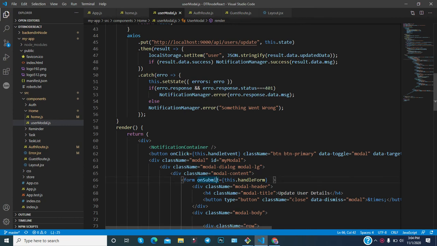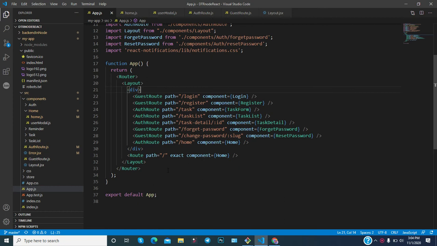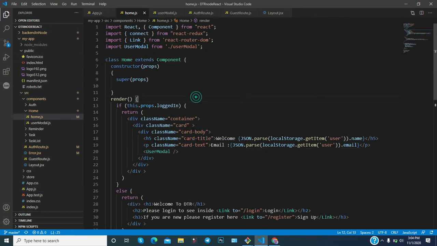This is basically the code in App.js. You can notice that if the route is the root domain, then the Home component will be rendered. Let's go to the Home component and try to understand what is written there.